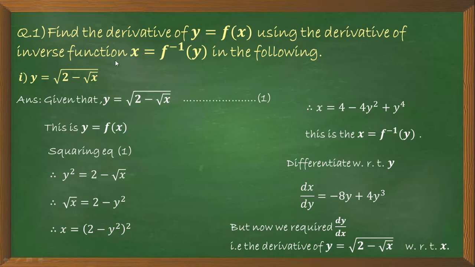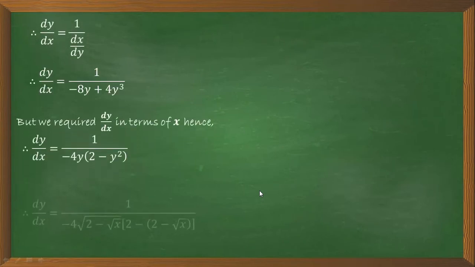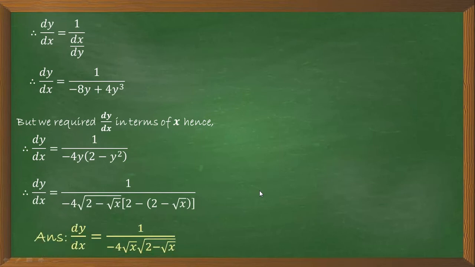So remember, don't find the derivative of this given function directly, because differentiating this y with respect to x directly is also possible, but do not do that procedure directly. Before that you have to find the inverse of it, take the derivative of the inverse, and then you find the derivative of this function. Okay, so see carefully. Now we will see another example.